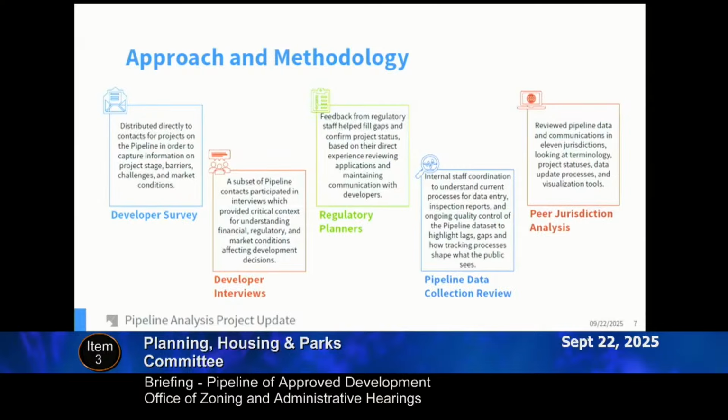We also reviewed how 11 peer jurisdictions track and report similar information, and together these perspectives informed how we framed the analysis and shaped some early improvements to the pipeline dashboard that we're going to preview for you today, particularly a new distinction between those that are fully entitled and those that have all the approvals necessary to move on to the permitting phase. So now I'll pass it to Alex to get into some of the specifics on the results.